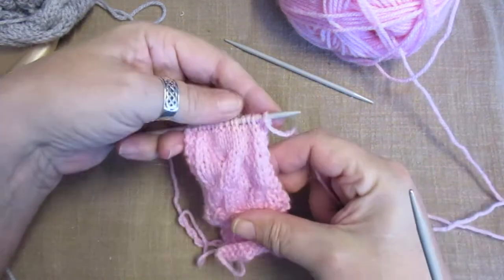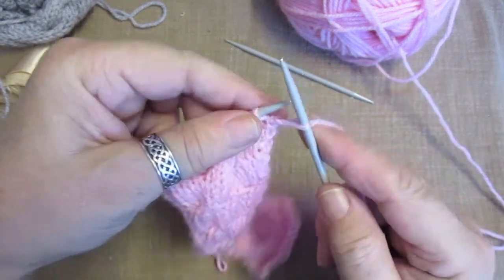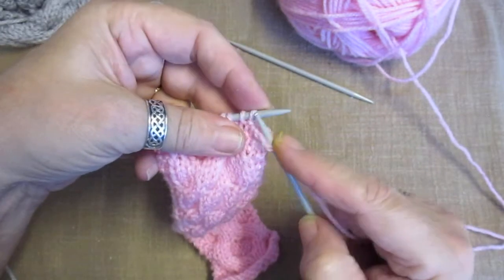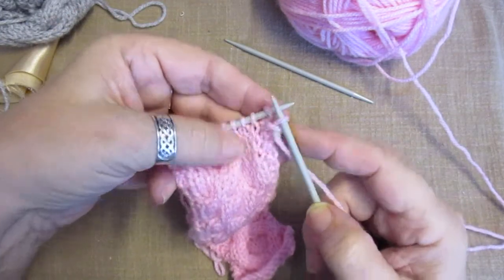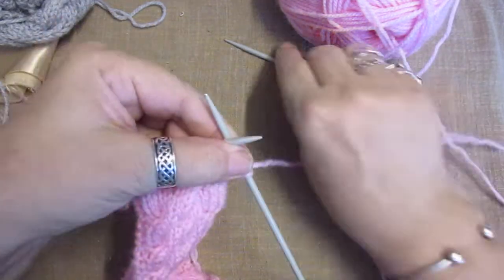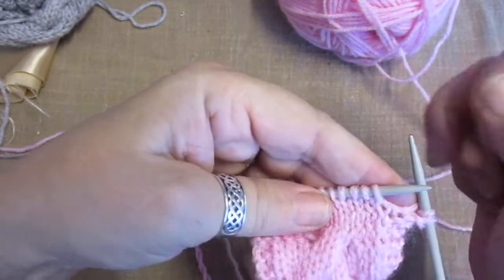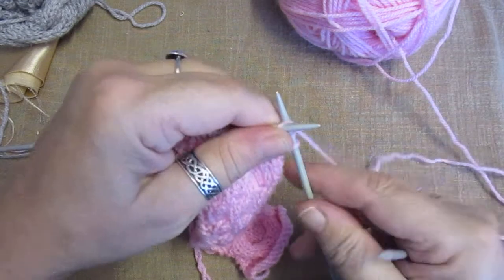So we're on to the twist one, onto the cable. So that's slip one. Now look, that doesn't look right. I haven't put it back on the needle the right way. That's how it should be. So I just change it round. So I knit that one. And then I have to go through the back of the stitch. That's the right way. So that's 1,